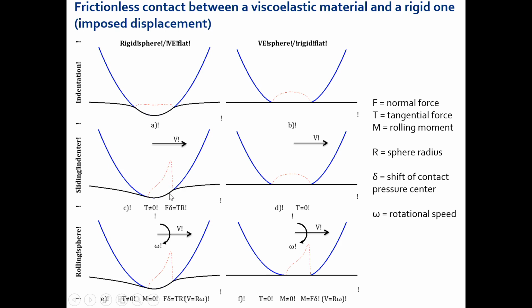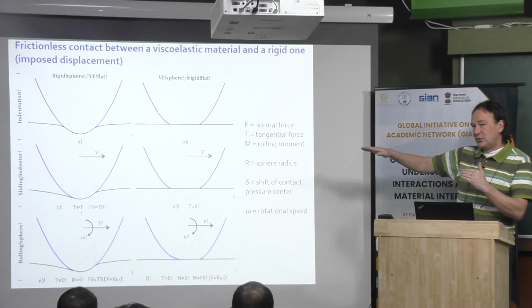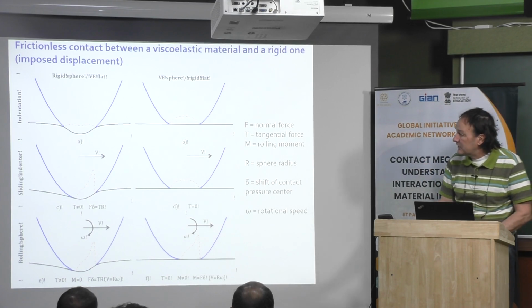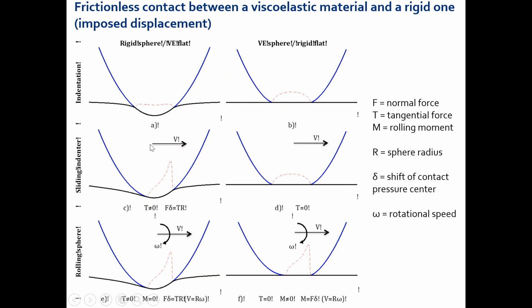Here, if you integrate the pressure, remember that the pressure is always perpendicular to the surface. When you integrate the pressure in the plane, you have 2 components: the vertical one, which is the load, and the horizontal one, which is the traction force. In fact, you have a resistive traction force, because here the speed is to the right, and you can see mathematically that the pressure acts against the speed. Then you have a resisting force.